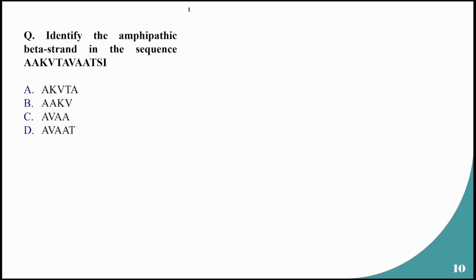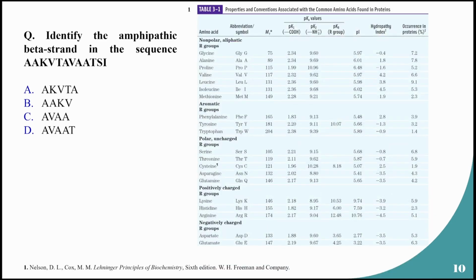Yes. So amphipathic, as you know, amphi means both, right? It's an alternating pattern of presence of hydrophobic and hydrophilic amino acids in a stretch of sequence. If you look into this table here, as I talked about earlier also, the amino acids are classified in different groups. For example, you have the non-polar amino acids, the aromatic group containing amino acids, the polar uncharged, the positively charged,